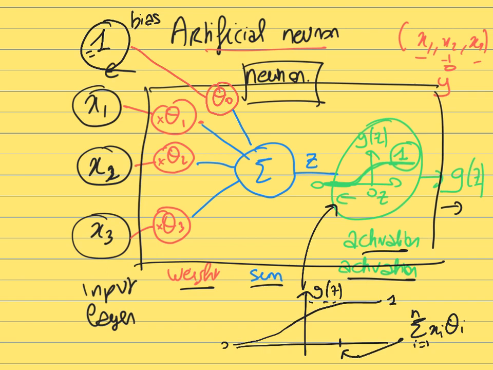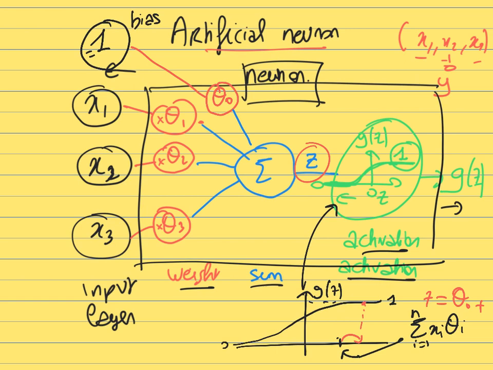This is what you would get if you had no bias. Let's assume that this gives you this value. Now we need to add the bias, and depending on the value of the bias, for example, if theta naught is positive, then it's going to make it even easier to activate the neuron, because you will add a positive bias. This means that your z value, where z is going to be the sum of theta naught plus the sum of the xi theta i, will be larger.